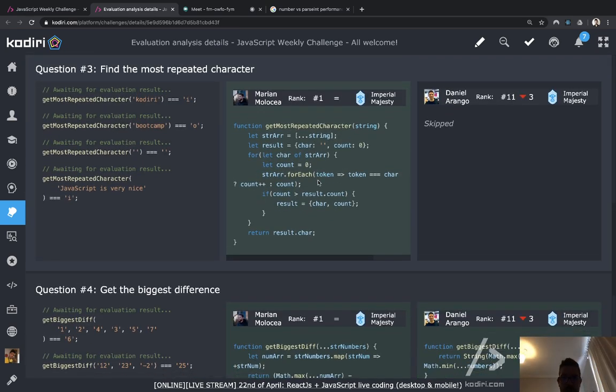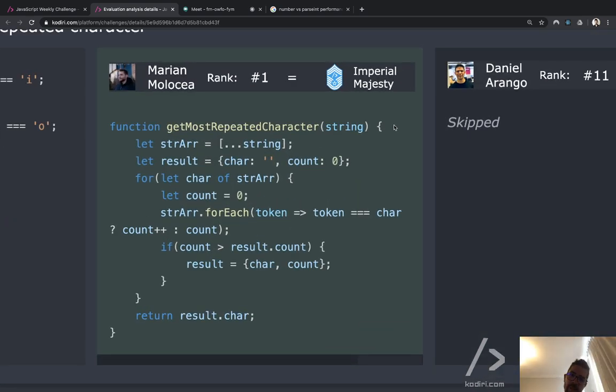Let's have a look. So Ian, you see, Ian did something completely different, which is more compact. What Ian did is he's creating an array with all the individual strings. That's the way he's getting an array of characters. And then he's having an object where I believe he will save the most popular character and the number of instances associated to that character. And then he iterates over all the characters in the list, setting the counter as 0.